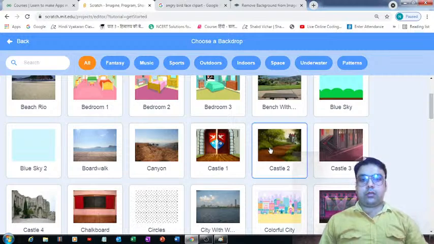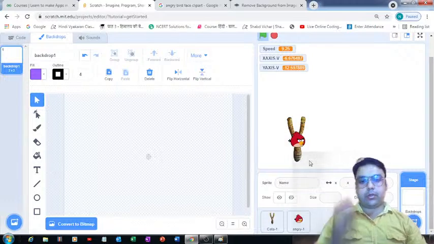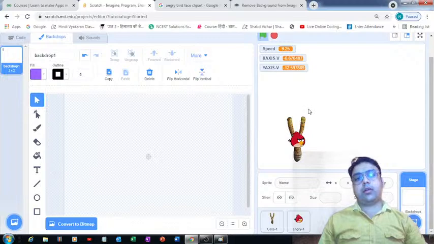How about this one, or how about this one, Castle 3? Let's see how it is going to look on this playground area.